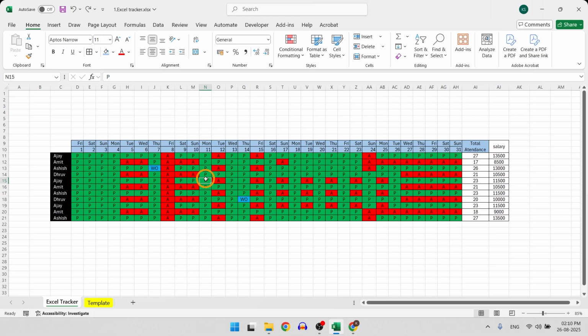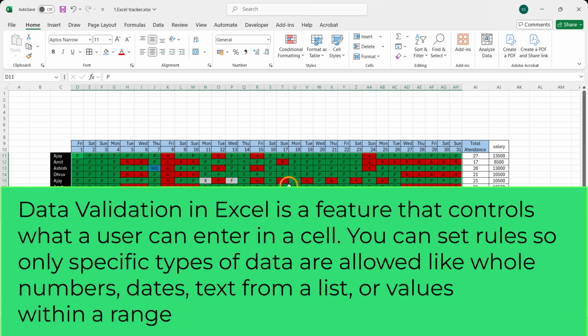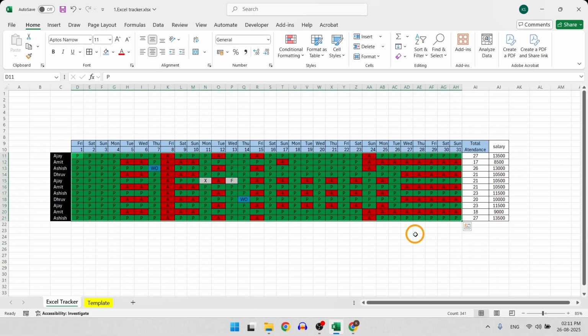But here's the issue. What if someone types X, or any random value? The logic breaks. So what's the solution? We will fix it with data validation. We will use data validation to restrict the entries to some particular values. For that, we will select the whole range we want data validation applied to and then go to the Data tab,